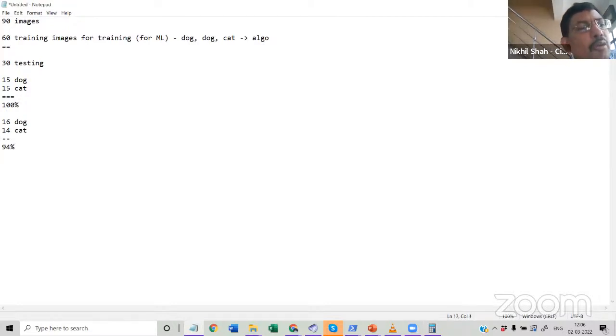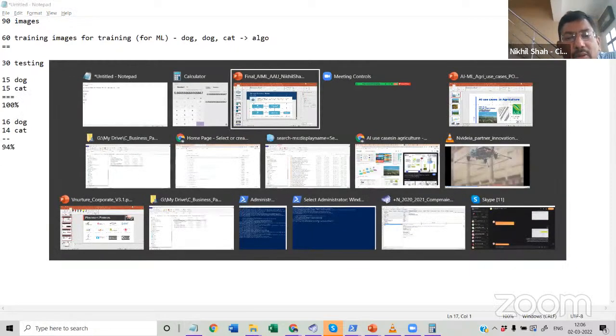I'm just explaining this in very layman terms, but using this training and testing technique, we can come up with a reasonably accurate model. For many predictions, if 80% accuracy is good enough, then I will accept this model and deploy it for real-time image detection, for example whether a particular image shows a disease in a plant or not, instead of dog and cat. So that's how ML algorithms are developed.